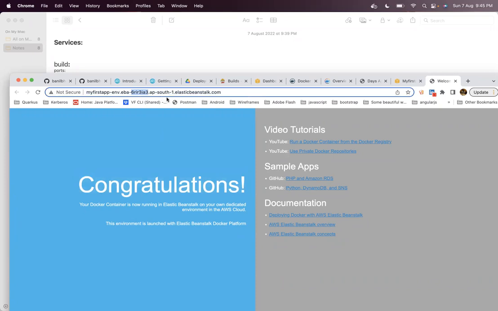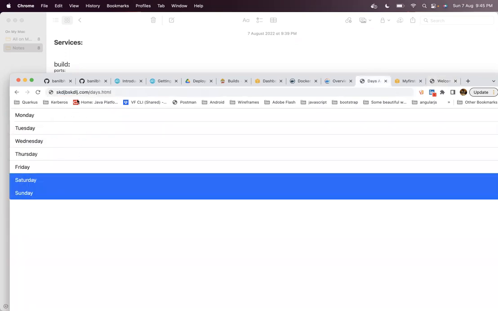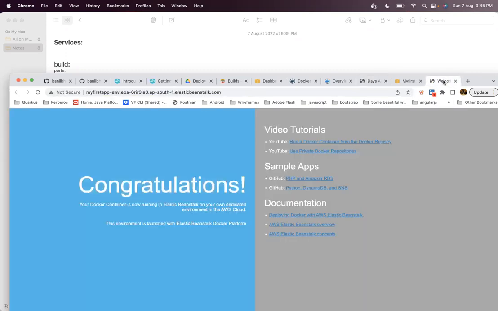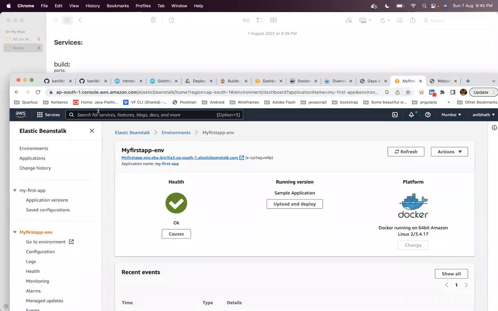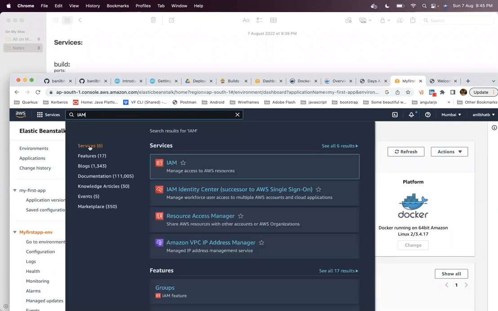Now you have the deployed sample application. Our goal is to deploy our HTML web application, which we have on our local machine, to AWS. So that is our goal. After creating an Elastic Beanstalk application, we will create a service account user to deploy to Elastic Beanstalk. To create a service account, you can use the AWS service IAM. So go to IAM and create a user.